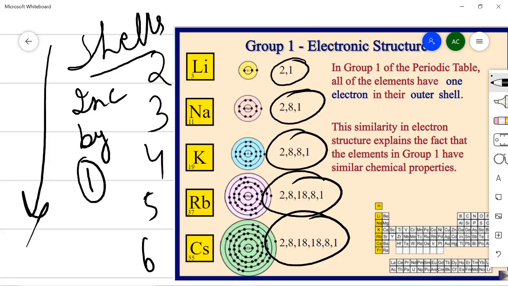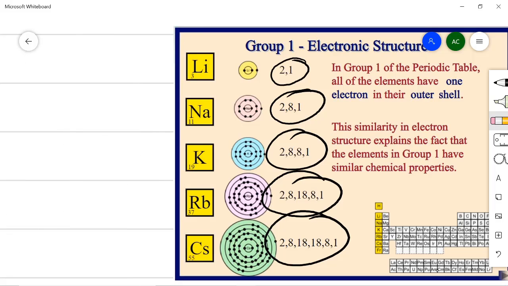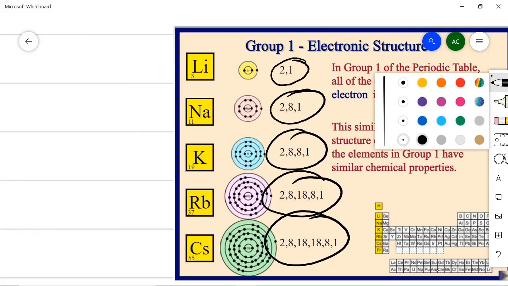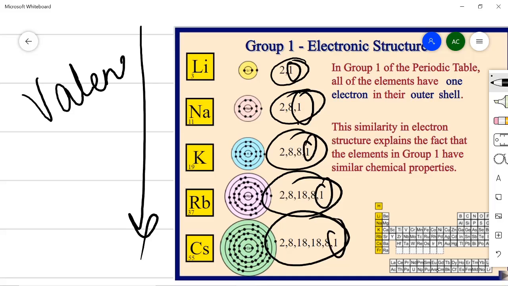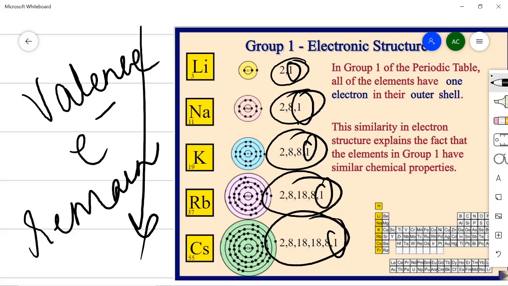Okay, and then valence electrons remain the same. What are the valence electrons here for these? I am talking about every group; every group will have similar conditions. 1, 1, 1, 1, 1. So that means when we move down in a group, the valence electrons remain the same. So this way, when you move down in a group, the valence electrons remain the same, and